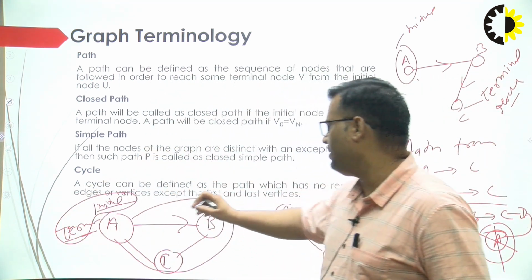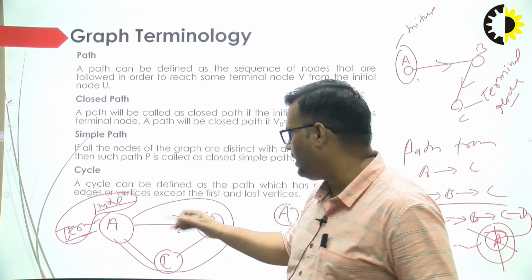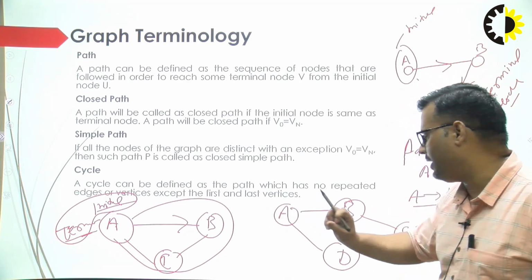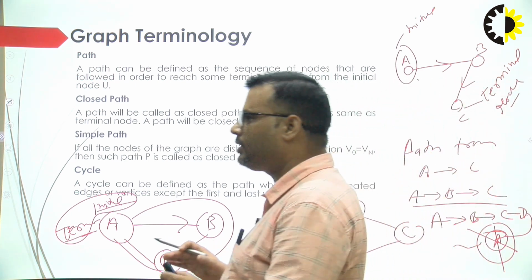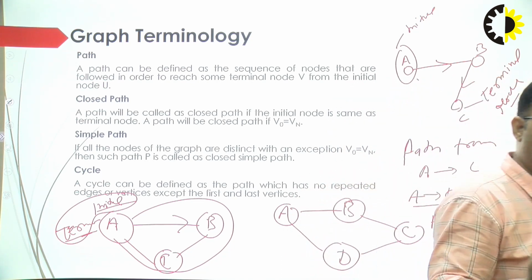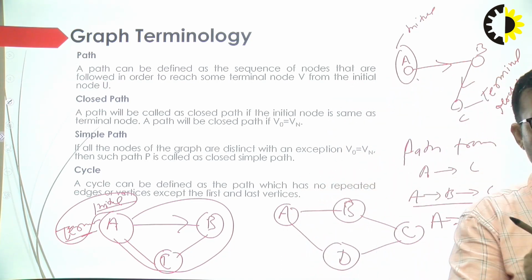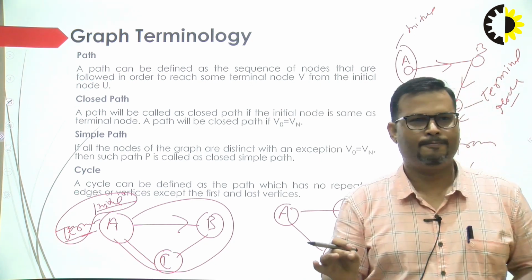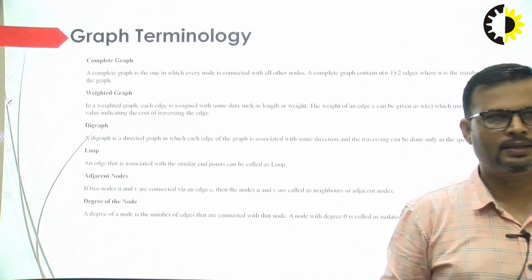A cycle can be defined as the path which has no repeated edges or vertices except the first and last. Means first and last आपकी repeat हो सकती है, but सभी जो उसके डायरेक्शन में आएंगी ये नेसेसरी नहीं है कि वो सभी रिपीट हो. मीन्स लास्ट, फर्स्ट एंड लास्ट में भी रिपीट हो सकती हैं. ओके, नेक्स्ट,